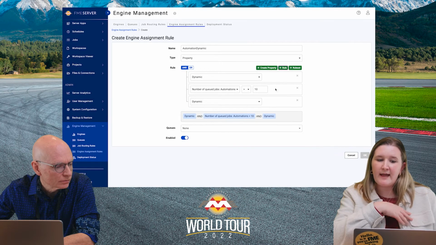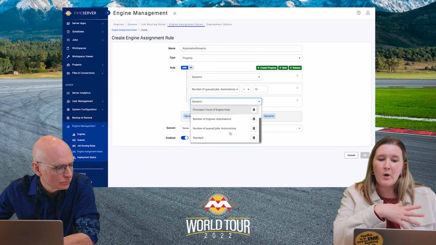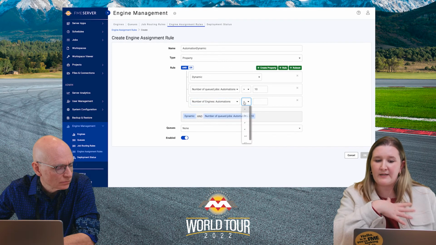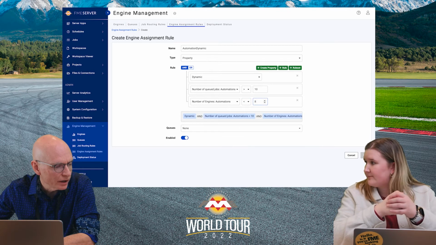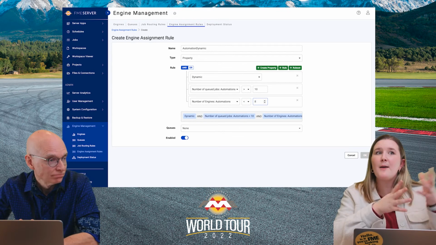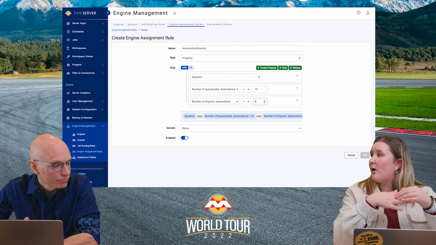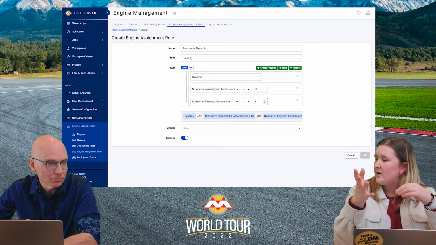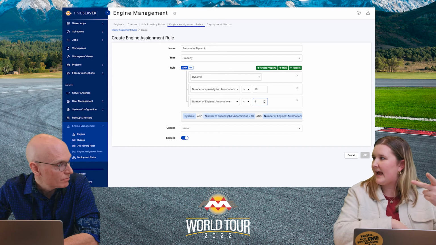And then I'm going to say I want the number of engines on the automations queue to be less than 8. So that means that I'm going to allow a maximum of 6 additional engines on top of the 2 standard engines that I have permanently assigned.